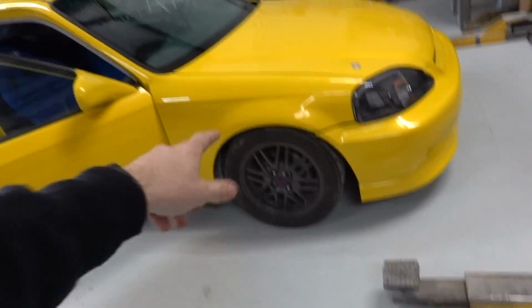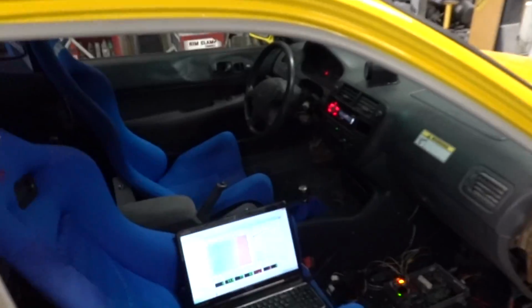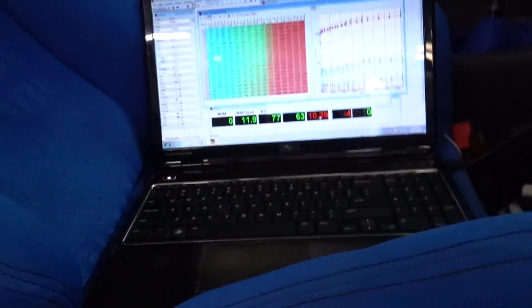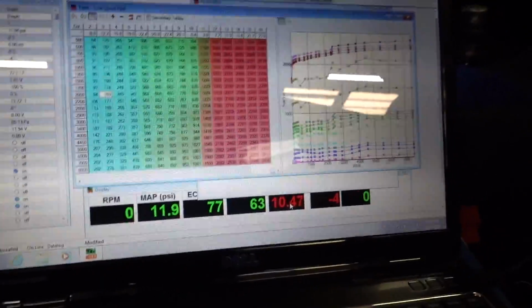The brakes are really, really squishy. Maybe I'll go drive it around a little bit more on the street, but kind of what the other issue is, actually tying into the wideband, trying to get it to read correctly so that it matches. You can see the 13.8 over there, 12.2 right there. I think I just need to adjust a little bit more of the settings, but basically ran into a brick wall, not being able to data log and actually hook up the flex fuel sensor, hook up the wideband, and